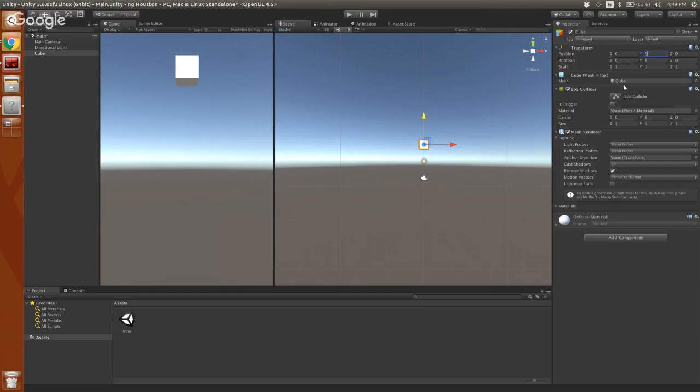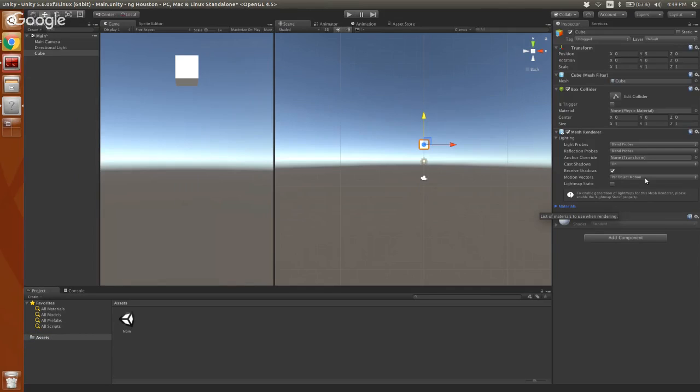It has a mesh filter, which isn't that important to understand. And it has a box collider and a mesh renderer. The mesh renderer is what makes us actually see the cube. This is what's saying, show me a white cube. And if I hit this checkbox, we can't see the cube anymore. It's still there. It's still in the scene, but nothing is actually rendering it, so we can't see it. If we put the mesh renderer back on, the cube shows back up. We can do a bunch of different stuff here, like changing what material is rendering to the cube, making it different colors, things like that. But we won't be doing much of that right now.